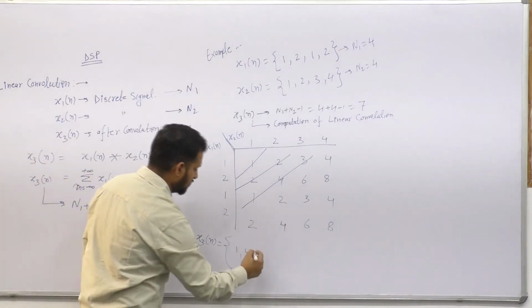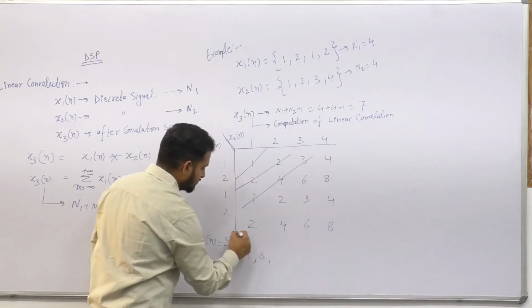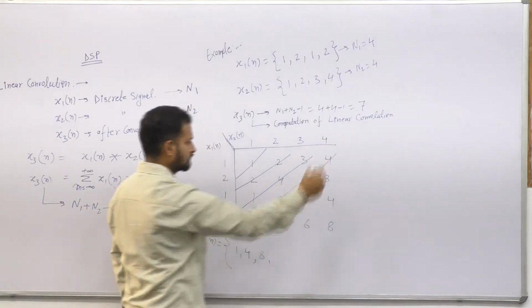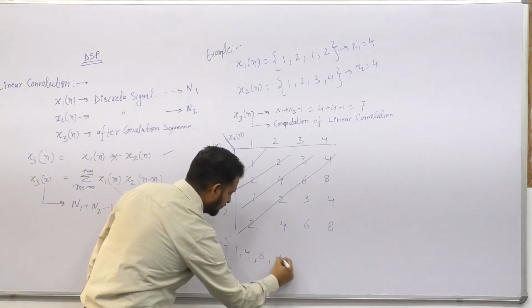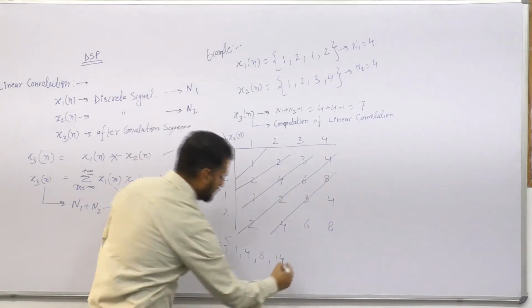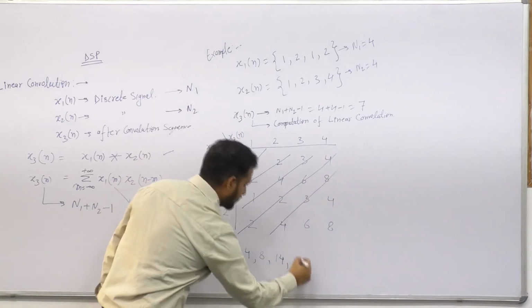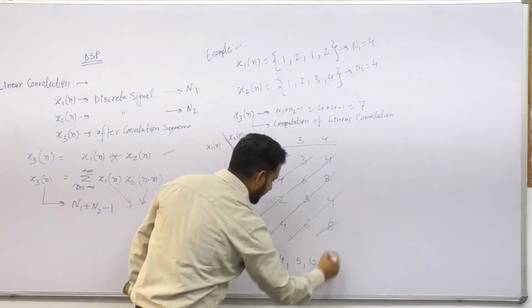So next point is 4, 3, 7 plus 1, 8. Next is the diagonally we will count all these 4 values. So 2, 4, 6, then it comes as a 14. And this is going to be 4, 7, 7, 8, 50. Next point is 50. And next point is 6, 4, 10. And the last point is 8.